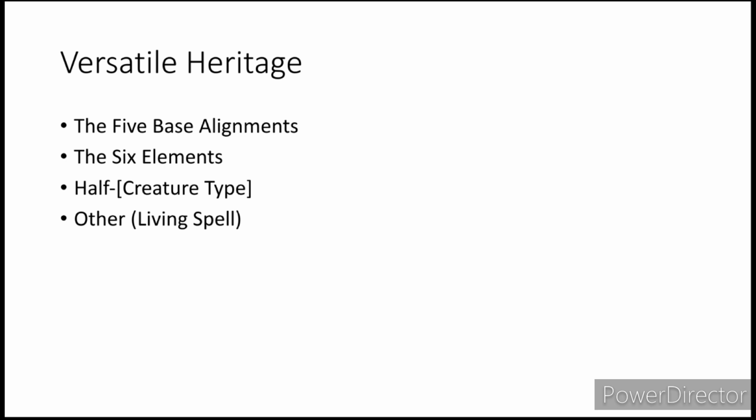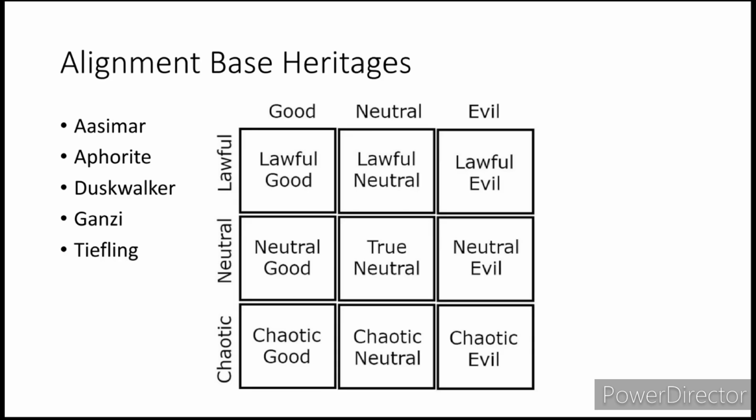Same with our last one, Other, or as I'm dubbing it, Living Spell, as you will see later on why it is called that. But let's go ahead and get started with our first, and that is our alignment heritages,